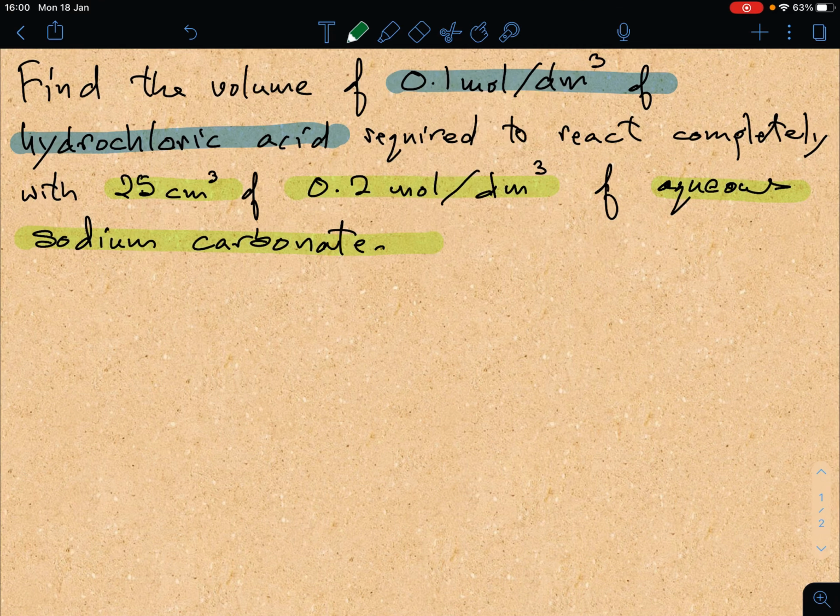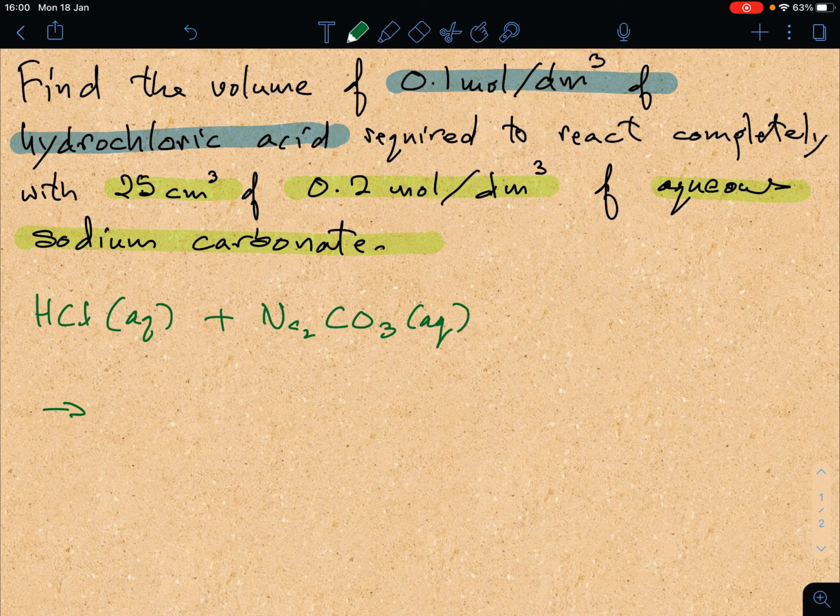So we first write the chemical equation. We have hydrochloric acid, HCl. Please put aqueous. Without aqueous it is not an acid. If it is not in an aqueous state, it is not an acid. Hydrochloric acid plus aqueous sodium carbonate, Na2CO3,